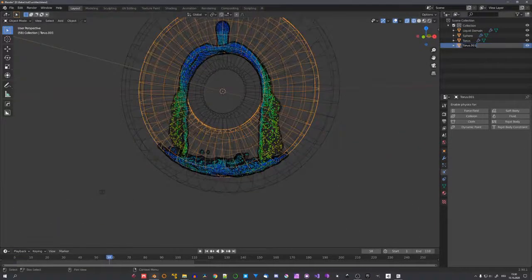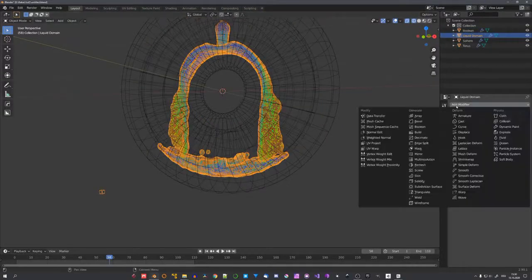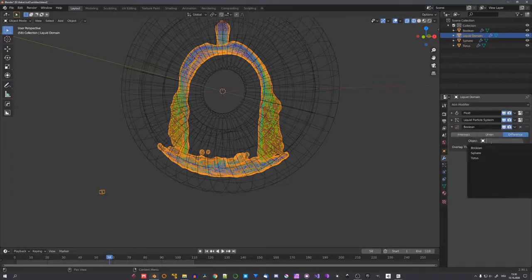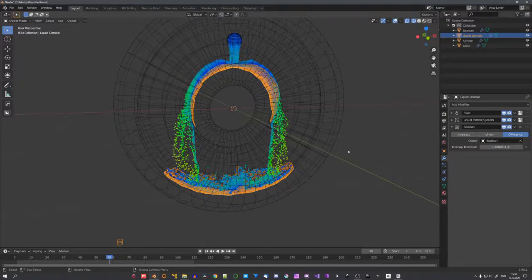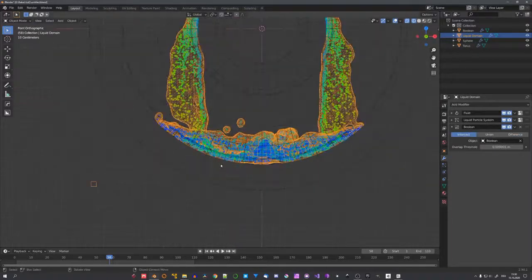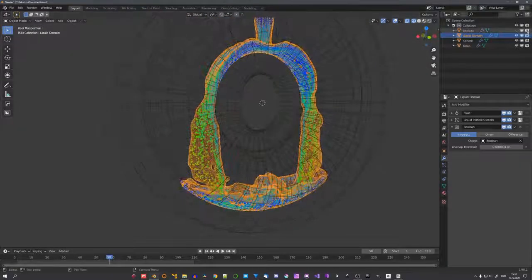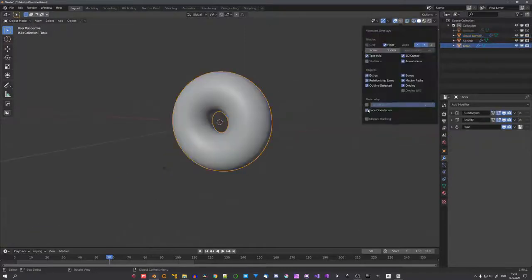We can now use this torus as a boolean for our fluid mesh. So let's go inside the modifier panel, select boolean and our boolean torus. Right now it cuts away all the things we wanted to keep, so let's change the mode to intersect. And you can see that our fluid mesh now stays inside our initial object. Let's go ahead and hide the boolean mesh from the viewport and the renders, and let's start with the shading